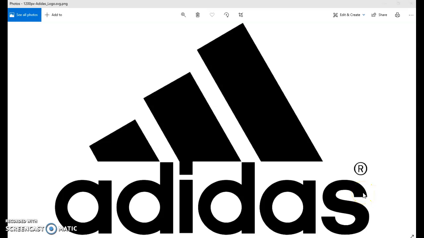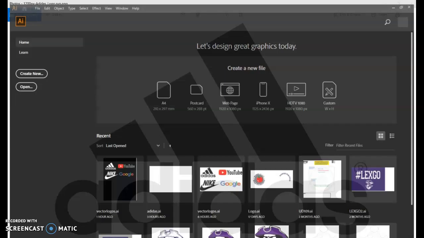So today we're going to be animating logos using After Effects and Illustrator. We want to take just a regular print logo and give it some animation for video use. So today we'll animate this Adidas logo that has the three stripes here, and we'll begin by working in Adobe